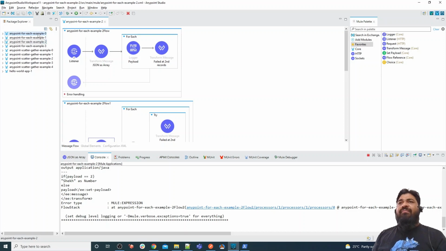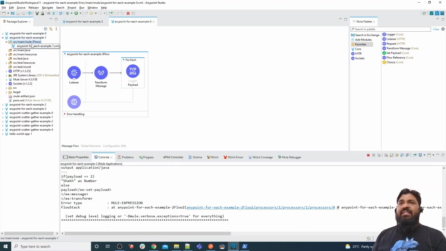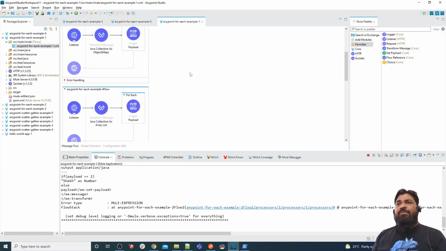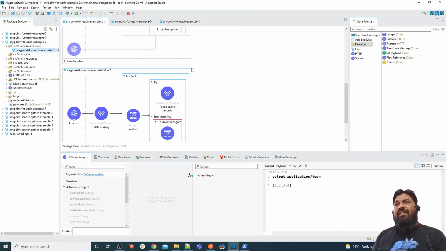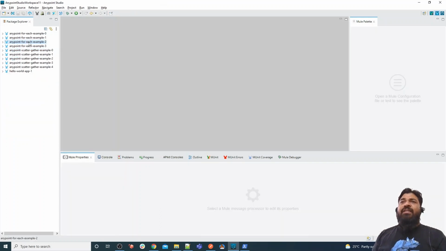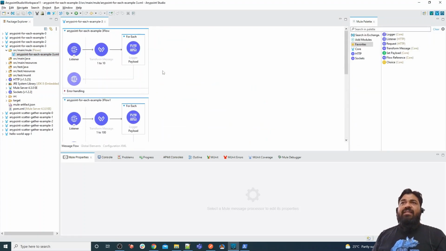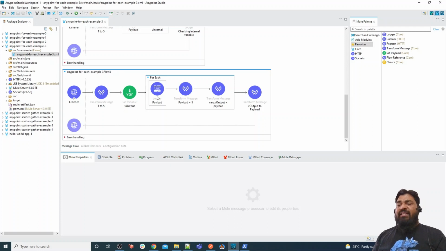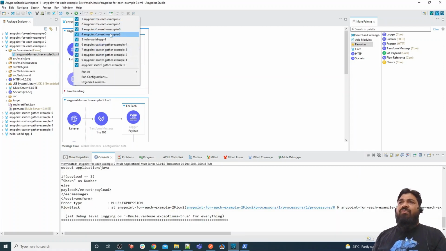Till now we have done a basic for each, then how many types of input we can provide to for each, and in example 2 how error handling is done in for each. Let me show you the final and most weighted example: we provide input to for each, do some processing inside the for each, and want to reflect the output, and how we can do that. So let me stop the current server and deploy the fourth application.